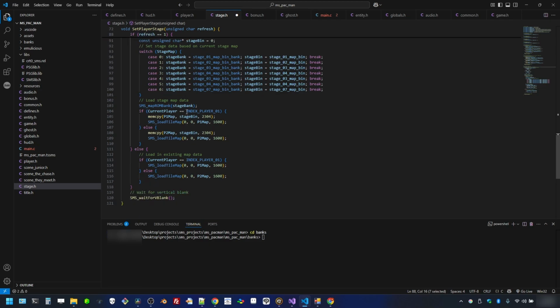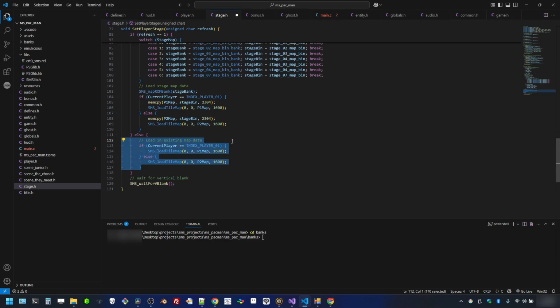If it's not a refresh, that means we're just loading up, usually when we're alternating the players. All we're going to do is load in what we currently have into the VDP. Again, this SMS load tile map is a devkitSMS function where we're just loading our tile map data into the VDP, and this is essentially saying we don't need a refresh one. We're going to use what we currently have, whatever progress the player made when we go back and forth, or maybe it's just player 1, it's always this. Either way, we're just going to put our data into the